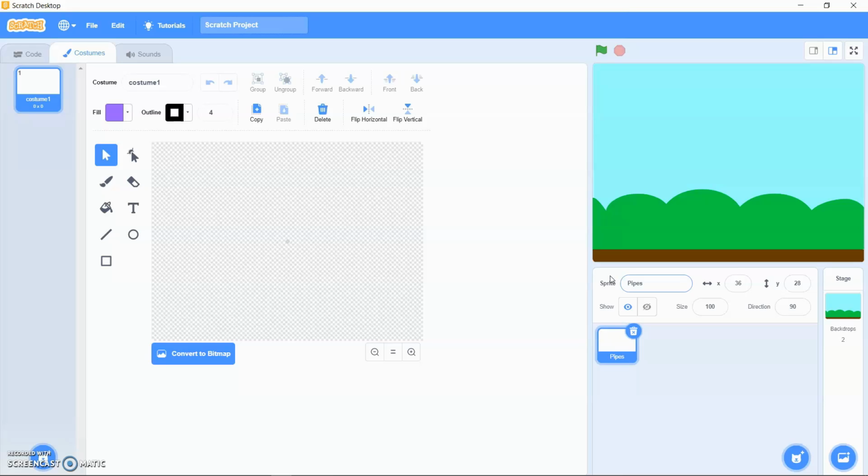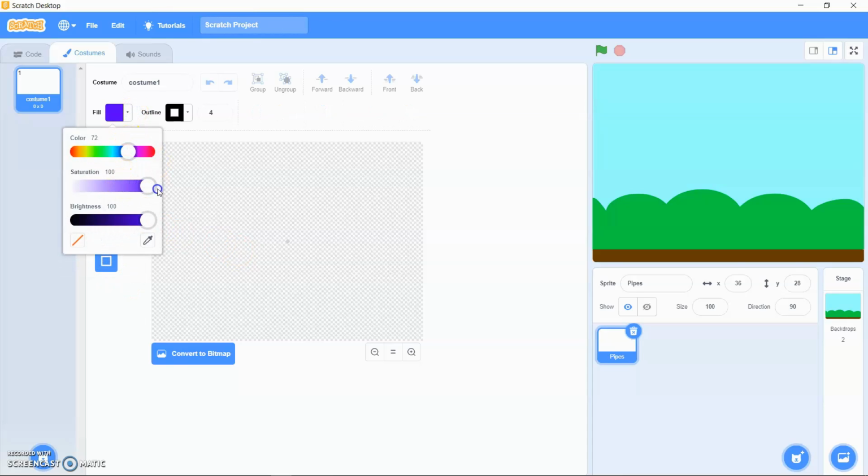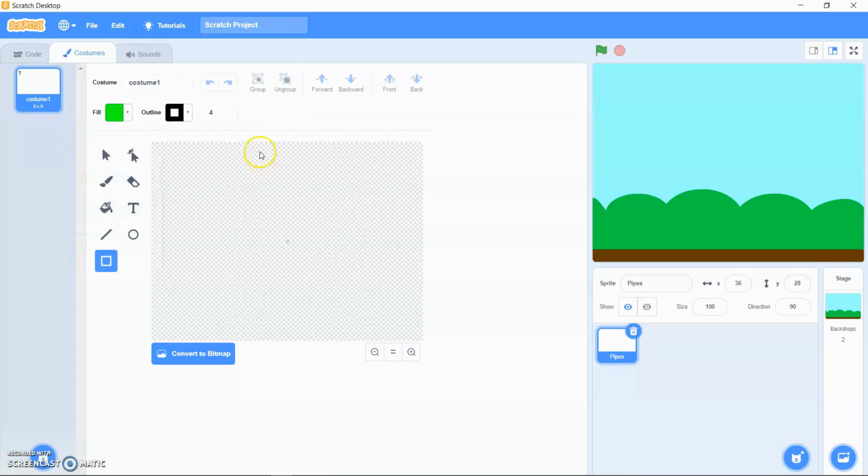Now, the pipe sprite should be a pair of pipes with a gap in the middle. By moving the sprite up or down, you can put the gap in different places. What we're going to do now is draw in those pipes, and it should be in the color green. So in order to do that, we're going to use the rectangle tool. Make sure we use the green fill. Make sure saturation is on 100 and brightness is on 100. And we are going to draw in the pipes